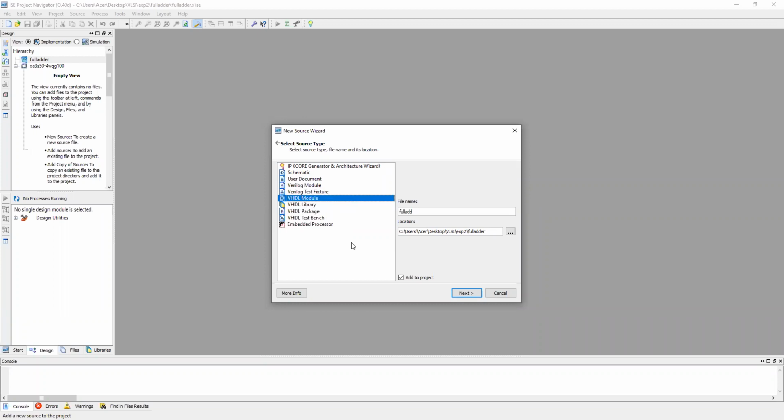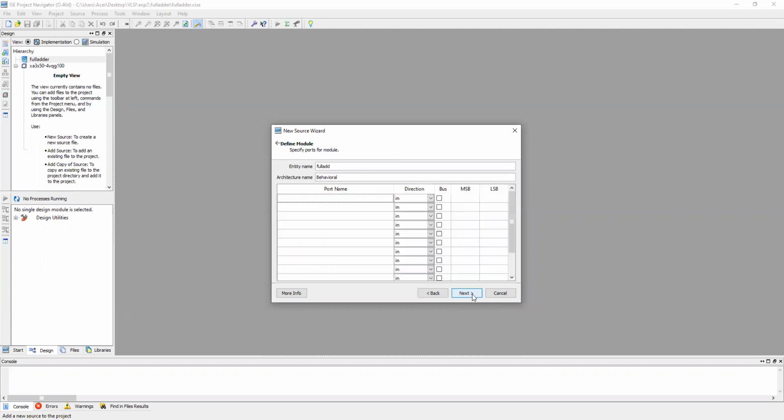Here we are not writing a test bench. Here we are writing the main code. So you have to select VHDL module. If you want to write Verilog code, then you have to select Verilog module. These are the different options provided by this Xilinx ISE Project Navigator. So you have to select a VHDL module.